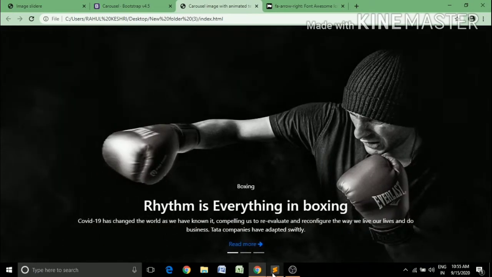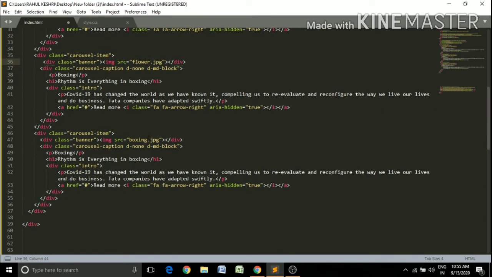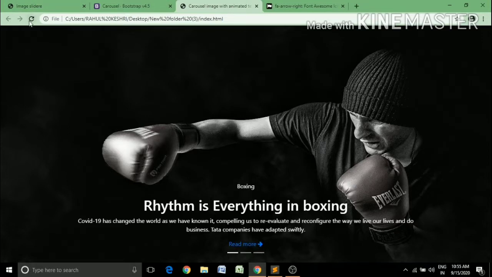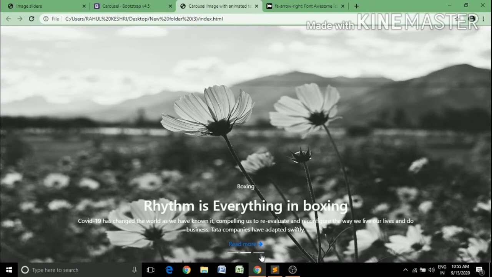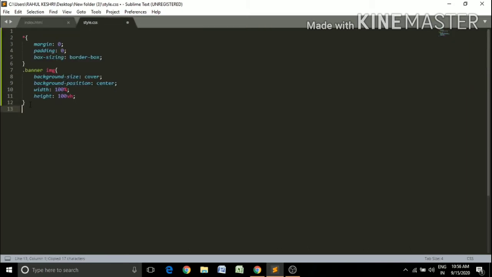Okay, now I'm going to change the image file name, flower.jpg, and here relax.jpg. Okay, just refresh your page and see that. Okay, now just copy this class name, carousel caption, and